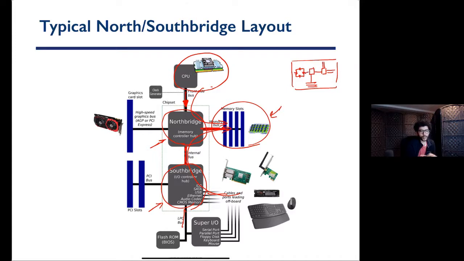So the CPU is connected to the north bridge. This is your north bridge, and this is your south bridge. I think this was Intel's design back in the day. Now AMD brought the north bridge into the CPU. So the CPU had the north bridge here, and you would just install your memory here because the north bridge was on the chip. And then you would also connect your south bridge